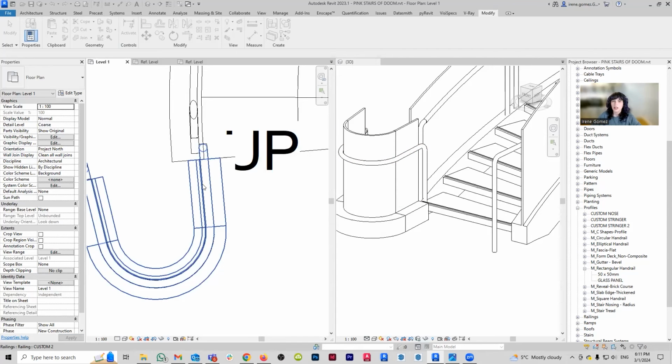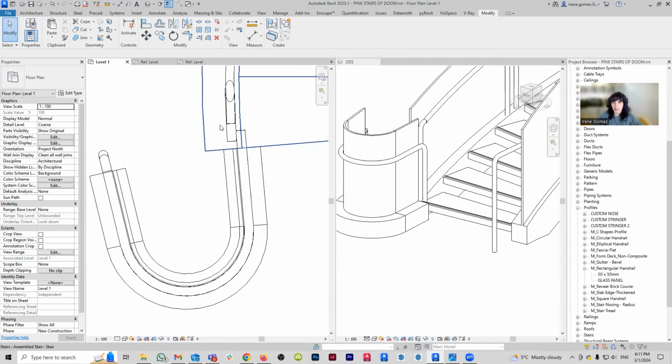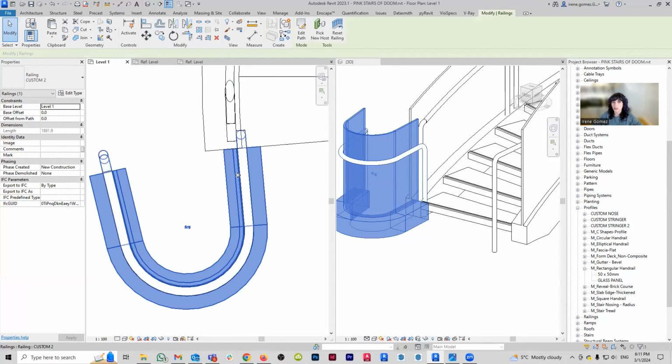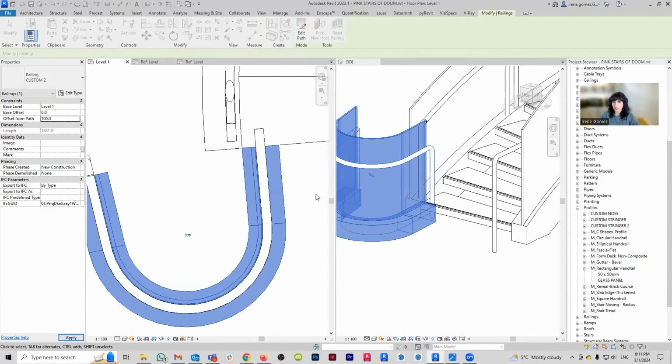That's okay. Now what we need to do is change that pickup point so it is centered with the stringer. Basically our stringer is going to be the center for this rail. I could use an offset. So for example, if I give it here an offset of 100, let's say, okay, oh no, minus 100, sorry.